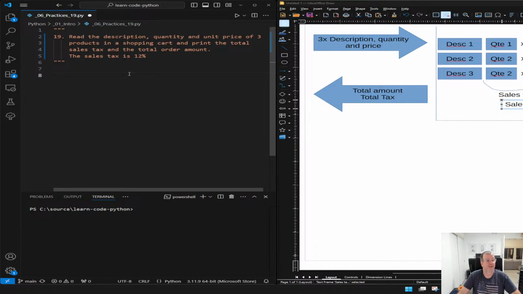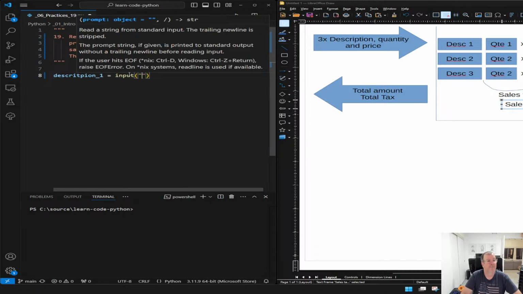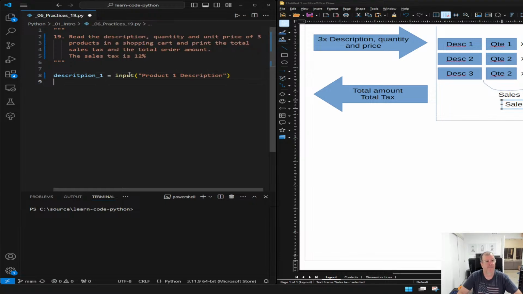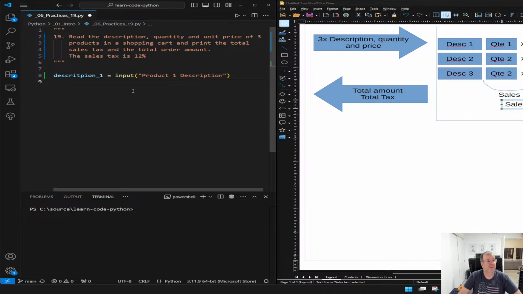Okay. So let's go. The first thing we say, okay, description 1. This is a string. I can just say input, and then here description. The text is product 1 description. Let me do this. Now let's get the quantity